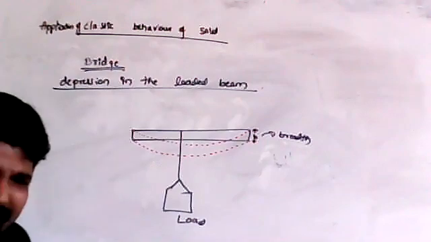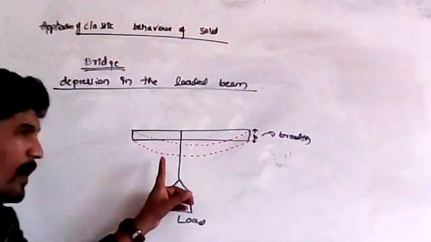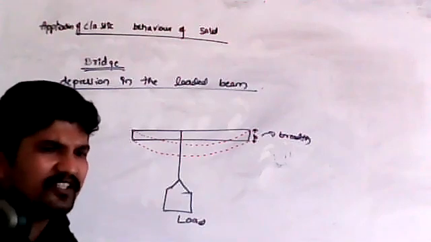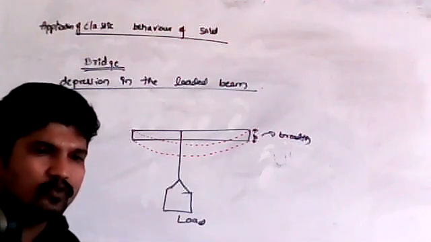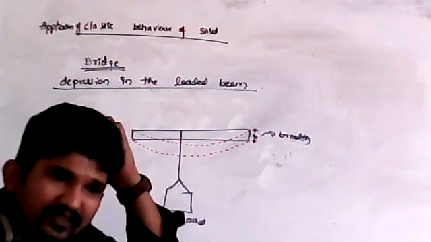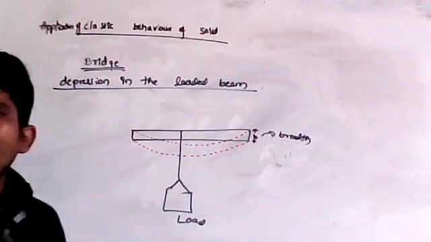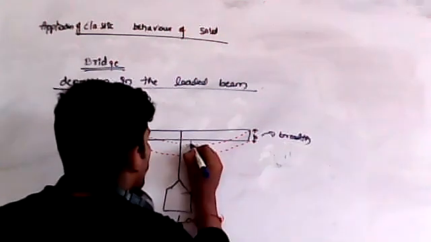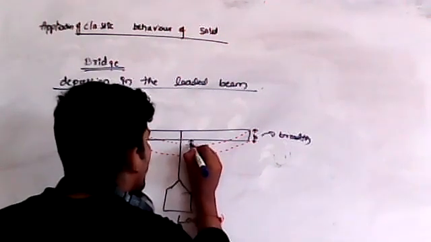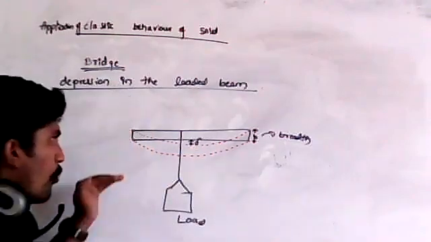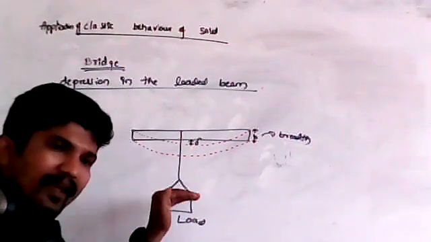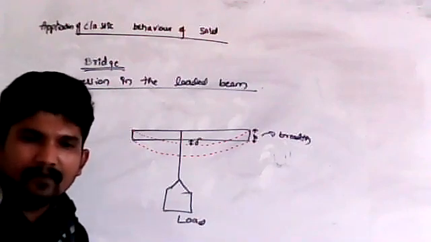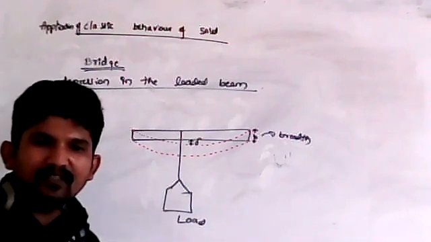See, students, why does it happen? Can anyone tell me why it happens? Yeah, tangential stress, we can say. Yeah, good. Any other answers other than this? Why does it happen, students? This is nothing but depression. This portion is nothing but depression. How can we overcome this depression? How can I reduce this depression? Anybody? Yeah, good, Adarsh. Yes.